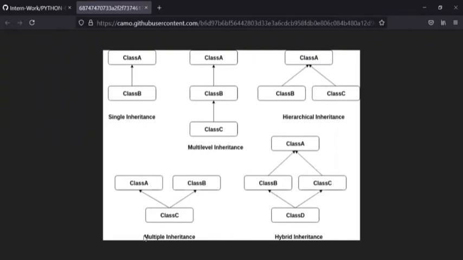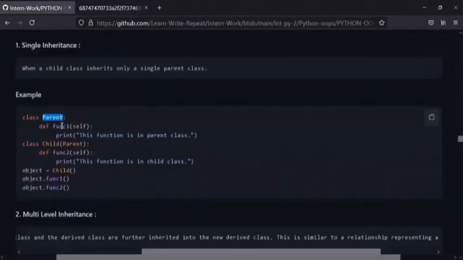Now we look at multiple inheritance. Here class C is inheriting the properties from two parent classes. Since it is inheriting from multiple parent classes, it is called multiple inheritance. Here I've created a class Parent and a Child, and this is an inherited or derived class, since I've mentioned Parent in its argument.